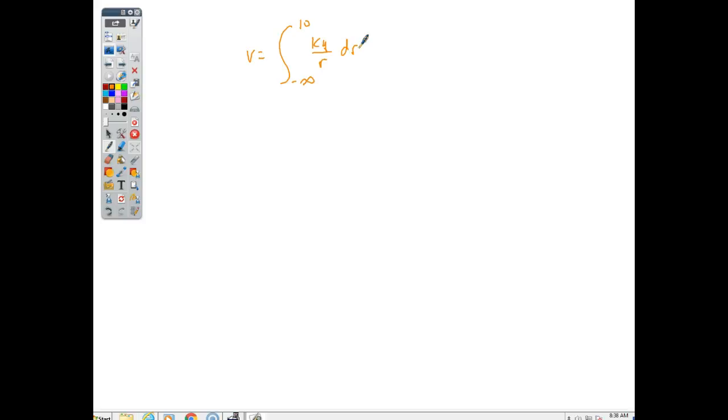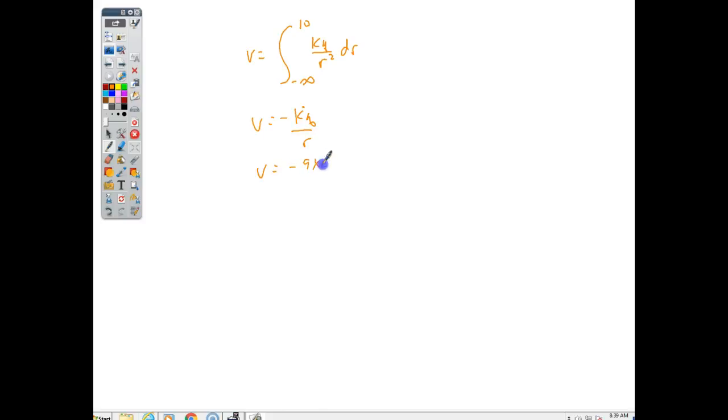Right? That's my electric field formula for a single charge. Sorry, that's my electric field, not my voltage. So my voltage difference between infinity and 10 would be, let me write my electric field like that, right? The electric field has the r squared on the bottom, which is always going to give me, for a single charge, kQ over r, right? For a single charge. Okay? So my voltage difference between infinity and there would be